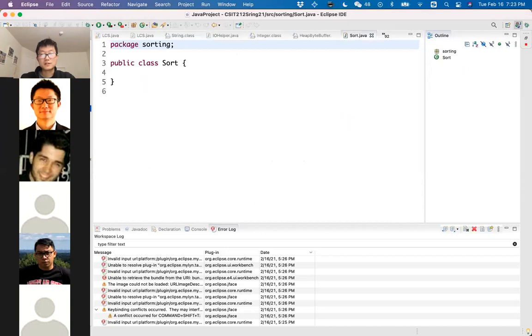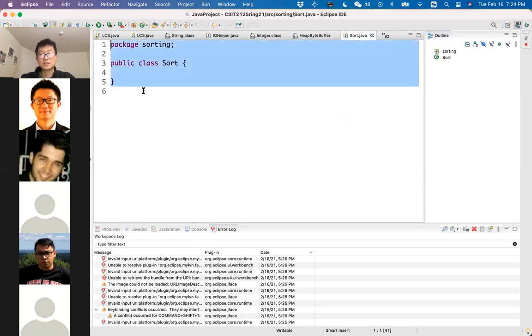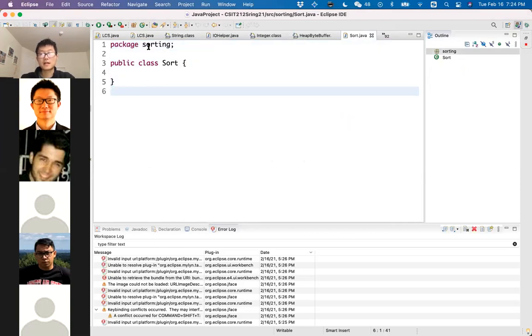Okay, and after doing that, Eclipse will automatically generate a skeleton code for you. The first line is package sorting. This is because you create your class file inside a package named sorting.